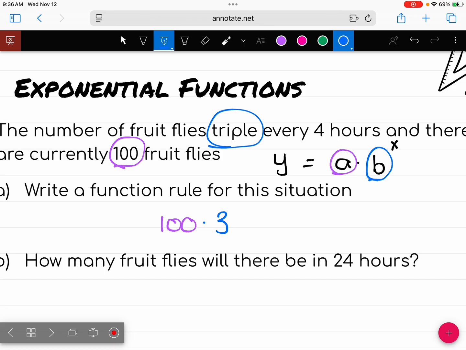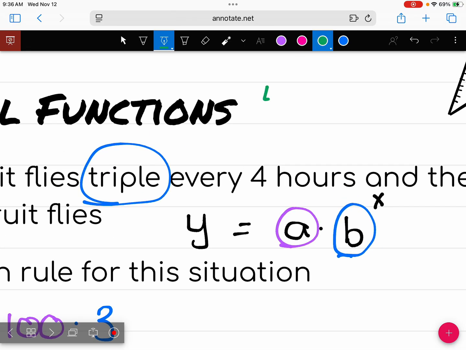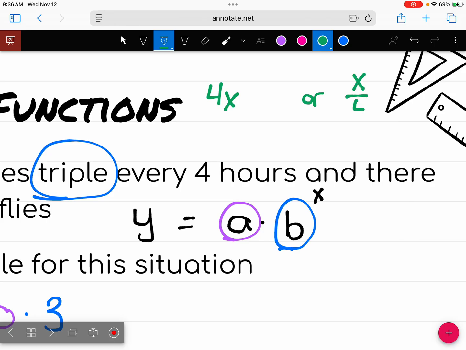I heard 2 different options here, and that's exactly what I expected, because we either are going to have 4x or x over 4. I want to be able to say x equals the number of hours. So in 4 hours, what should our exponent be? How many times is it going to triple in 4 hours? Say it triples once every 4 hours. So if x equals 4, I want my exponent to say